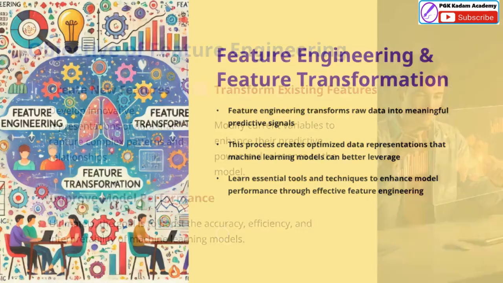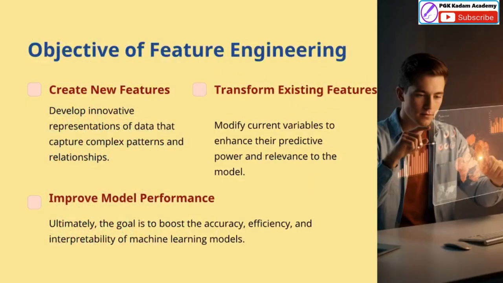data. The main objective of feature engineering is to create new and transform existing features to enhance the performance of machine learning models. By developing innovative data representations, we can capture complex patterns and relationships in the data that may not be evident in the original features. Modifying current variables can also improve their predictive power and relevance to the model, leading to better overall performance. Ultimately, the goal is to boost the accuracy, efficiency, and interpretability of the machine learning models, making them more effective